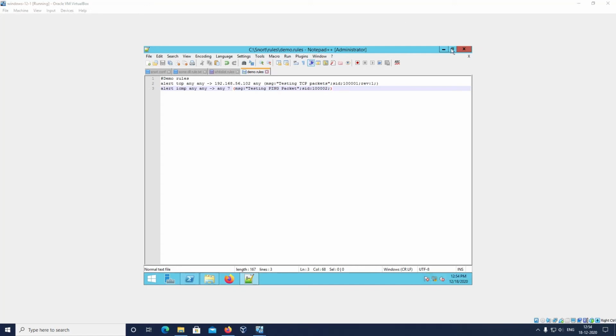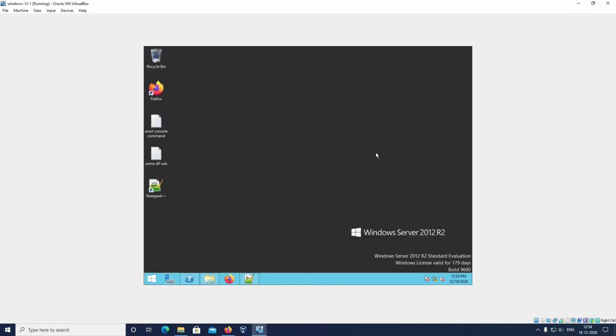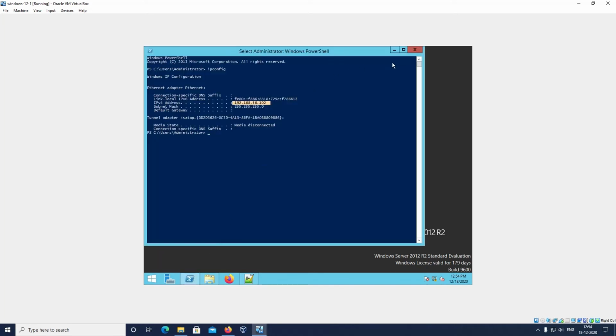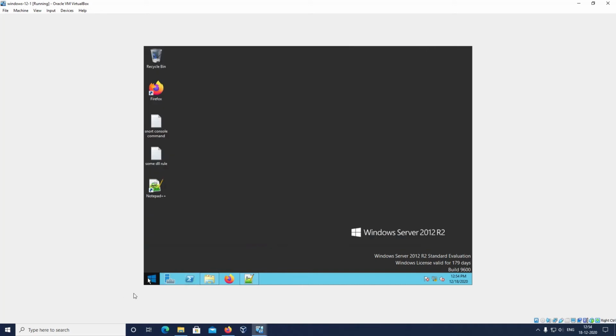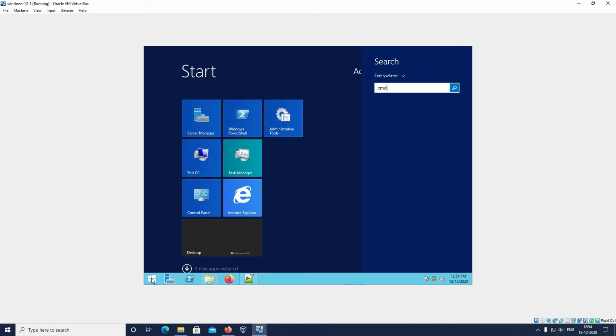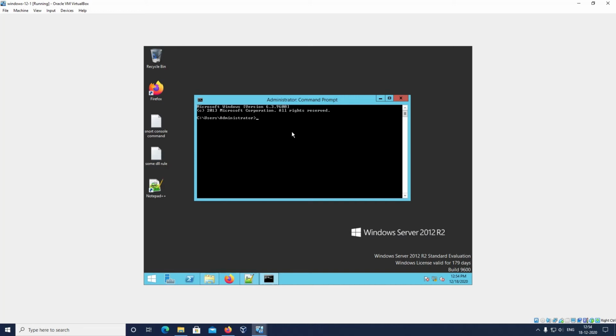Now we will check whether Snort is correctly installed and all the Snort configuration is correctly done or not. We will check it by using commands. You have to open the CMD command prompt.